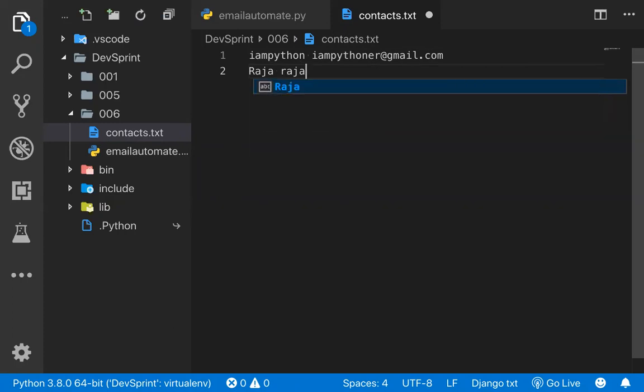If you want to give the name of the person, which country, which place, all this information, we can give. I'm just creating emails in one text file. These emails can be read from the database also. That is up to you, how you define it. Our main agenda is how to automate the email, not where we are reading the emails from. So we are keeping all the emails here. We can write n number of emails.